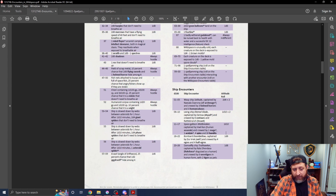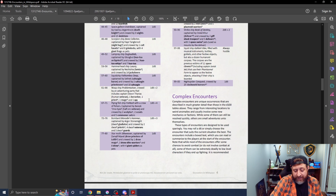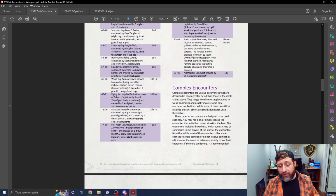As we can see, they write the Wasp ship Solitude, captained by Nasala Darona, who's an Alpha Archmage, and crewed by 3 Helmed Horrors and 3 Homunculi. We can continue on here. Here's more ships, and then we roll into the complex encounters, which is one that I did want to showcase specifically